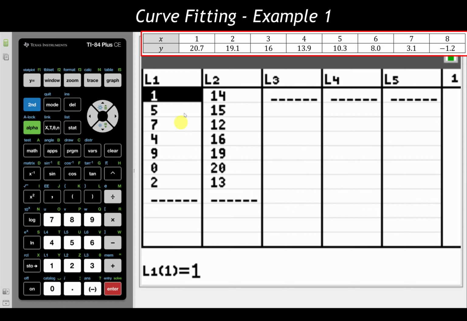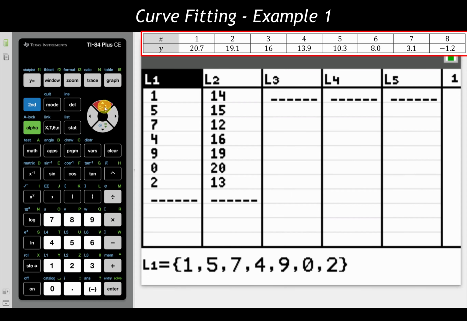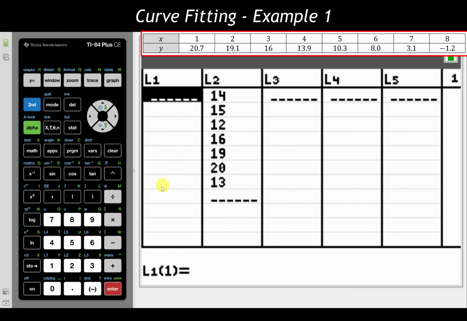Now I'm seeing here I've got sets of data listed in here. I'm going to go ahead and get rid of those. So as listed in our directions that we had, we're going to go up to the very top of these 2 lists. I'm using the up, down, left, right, the D-pad. Here, I'm going up to the top. I'm going to hit the clear option, and I'm going to hit enter, and that clears that list.